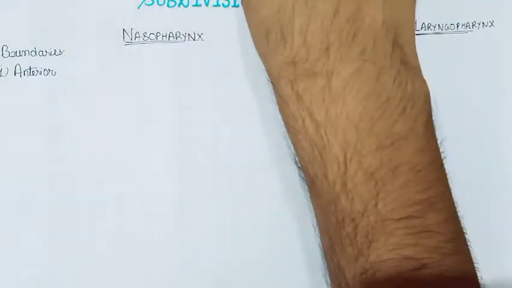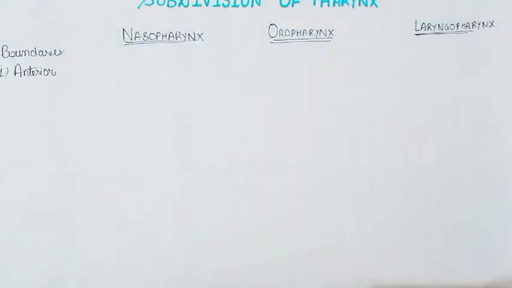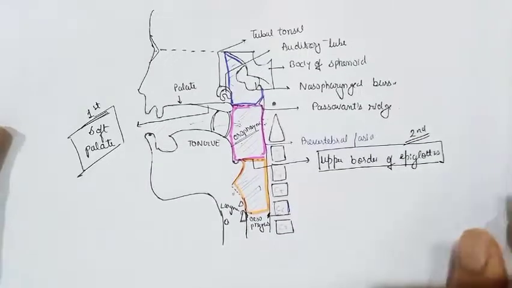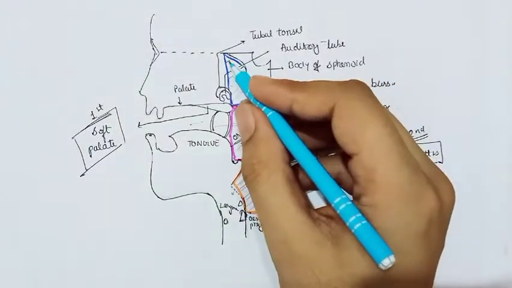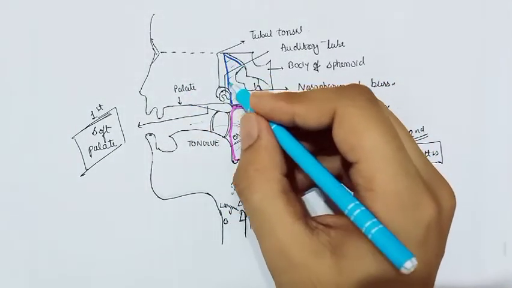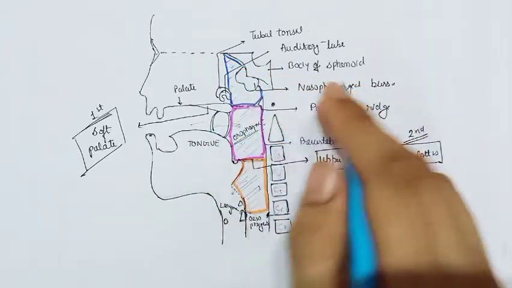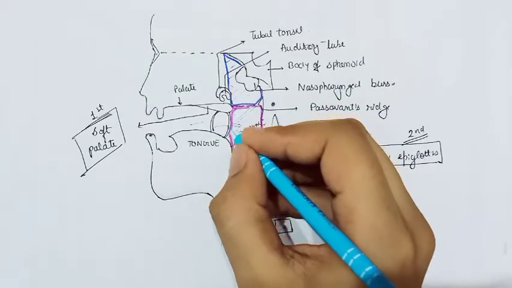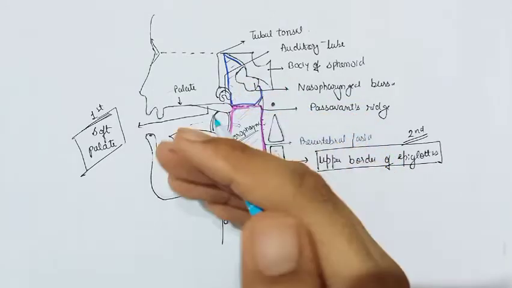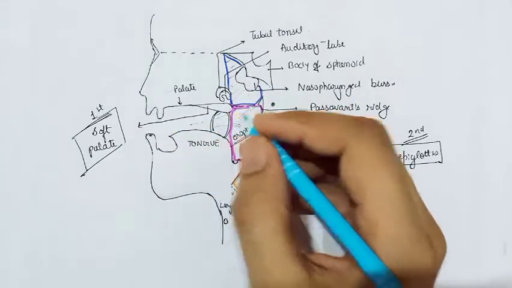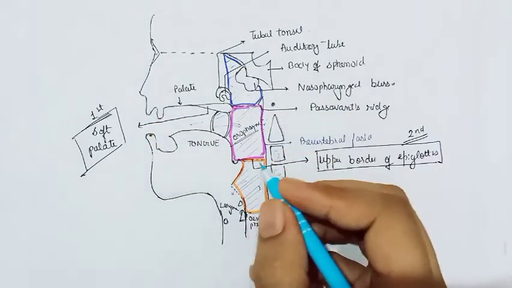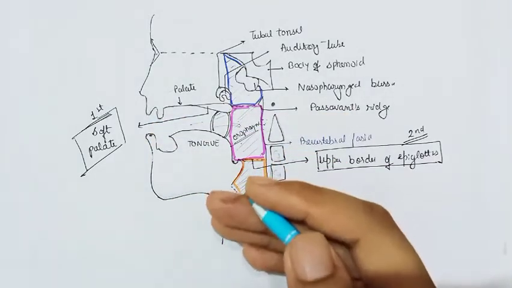So what was the anterior relation of each part of the subdivision of the pharynx? Let's come to the diagram. The nasopharynx was situated behind the nose, that is, at the anterior we have the posterior nasal aperture. The oropharynx was situated behind the oral cavity. So what is the anterior relation? On the anterior side we have the oral cavity, and for the laryngopharynx we have, at the anterior, we have the